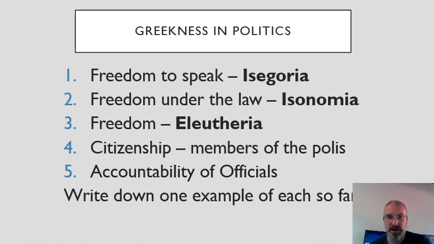So first and most importantly is isagoria, the freedom to speak in a political context. You are allowed to stand up and express your political opinions without getting your head cut off. For the Athenians, this can be done in assembly. Obviously, for the Spartans, you'd be able to do this on a more personal level. You couldn't stand up in the Apella and give a speech as a normal Spartan, but you could express your political opinions outside the Apella. You could talk to your king, you could talk to your friends, you could debate, you could discuss, you could have political conversations without any sort of arbitrary punishment, one might argue.